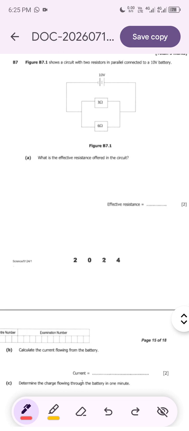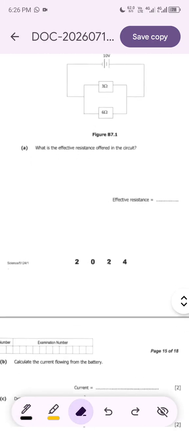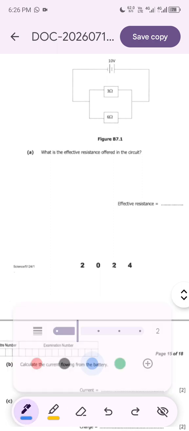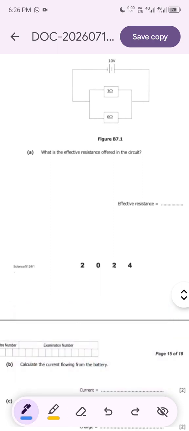You can see a 10 volts battery there, and then we can see two resistors which are connected in parallel. And the first question, A, is saying, what is the effective resistance in the circuit? Now, there are basically two ways in which a circuit can be arranged. It can either be in a parallel or in a series connection. So when we're finding the effective resistance